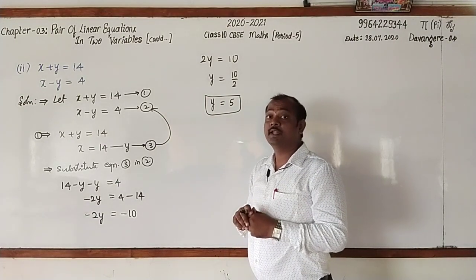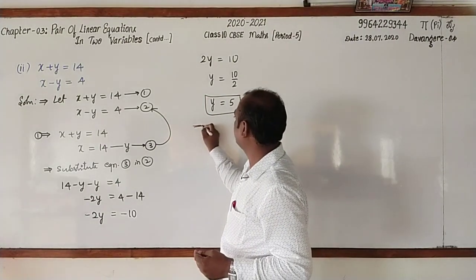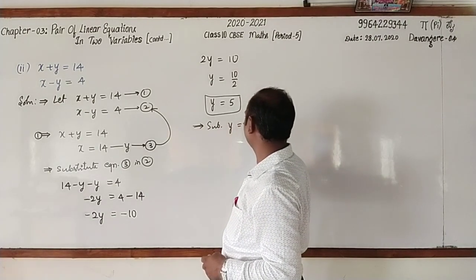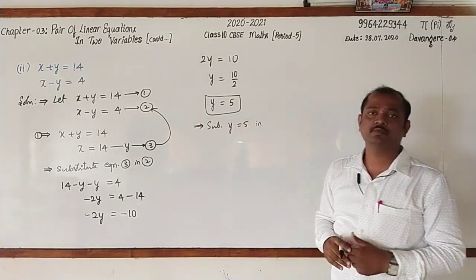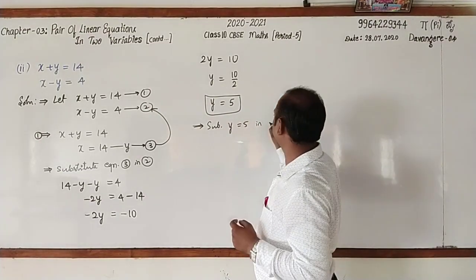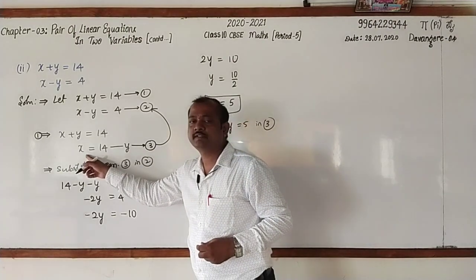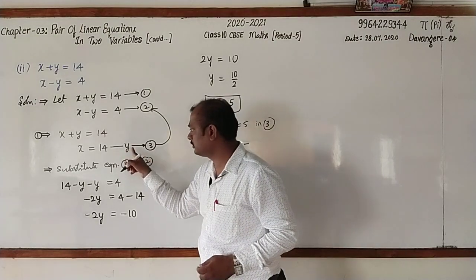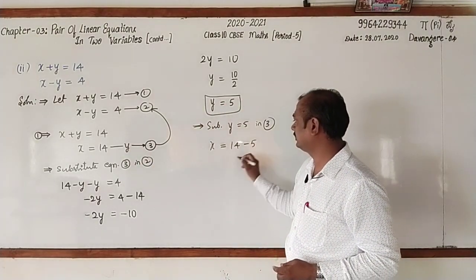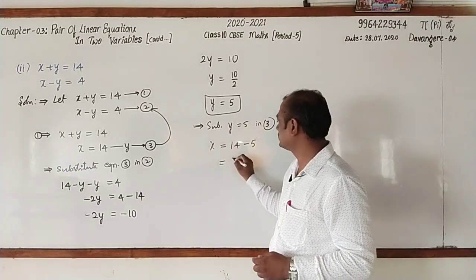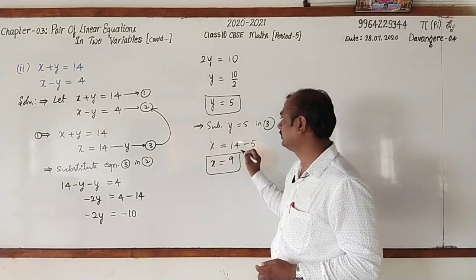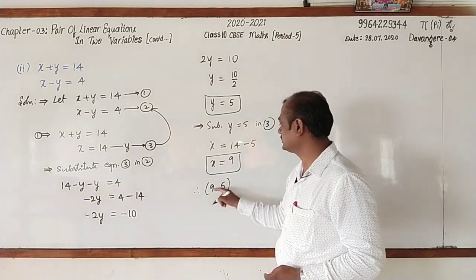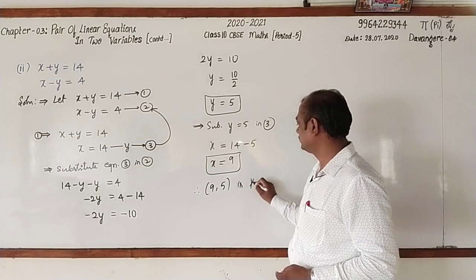Clear? Next, what is the another step? You have to substitute y equal to 5 in any of the three equations. Which one you will go for? You are right. It is third equation because x can be solved directly. x is equal to 14 minus y. y is how much? 5. It is equal to 14 minus 5. This is 9. x equal to 9. Therefore, 9 comma 5. x is 9, y is 5. Is the required